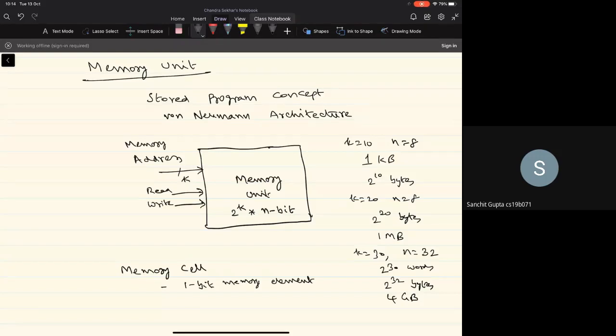Whenever you are performing a write operation, you have to provide the data, and that data bus will also be n bits wide. So for a write, you specify the memory address, which is k bits, then the n bits that need to be written to that memory location, then you enable the write signal. Then the write operation will be carried out.